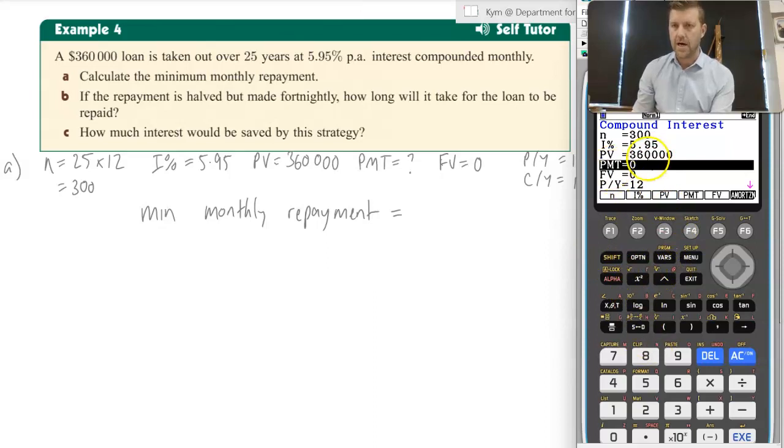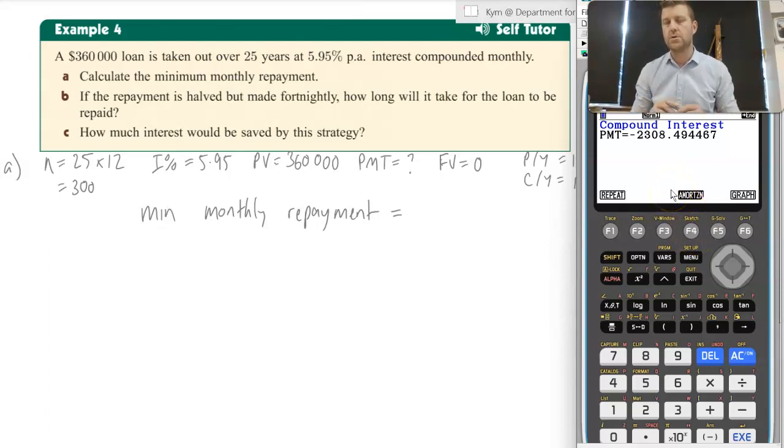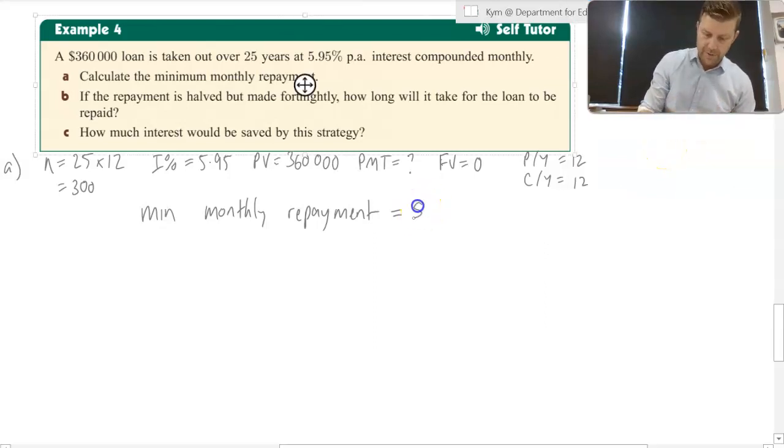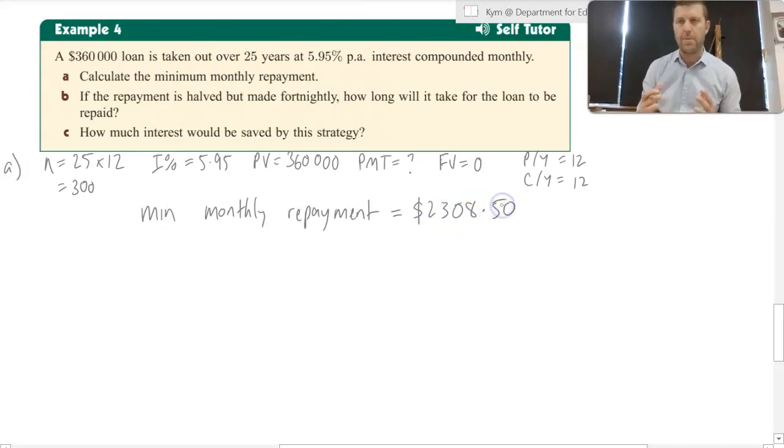I'm just going to ask it to solve PMT, the payment per term, which works out to be $2,308.49 and a bit cents. Remember, we always round up to the next cent when we're making repayments. So it's $2,308.50 per month as a minimum repayment to pay off that loan in 25 years based on the amount borrowed, interest being compounded and an interest rate of